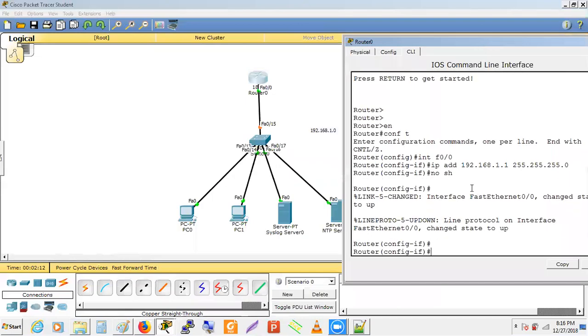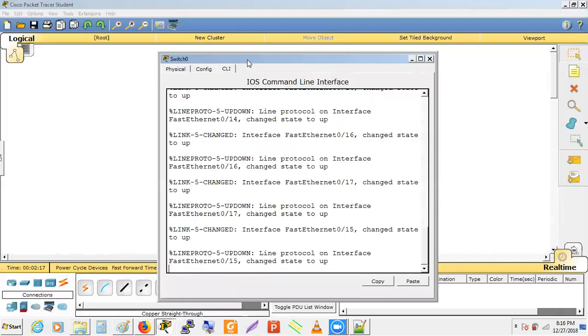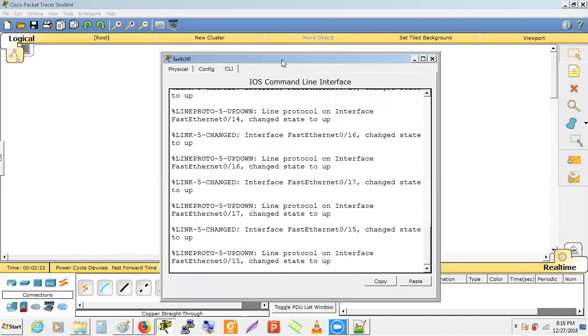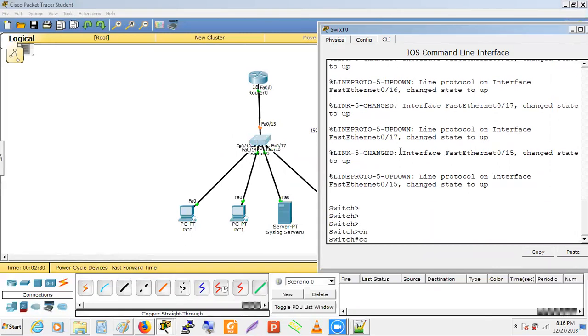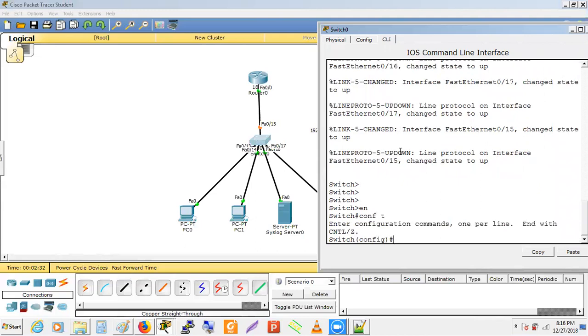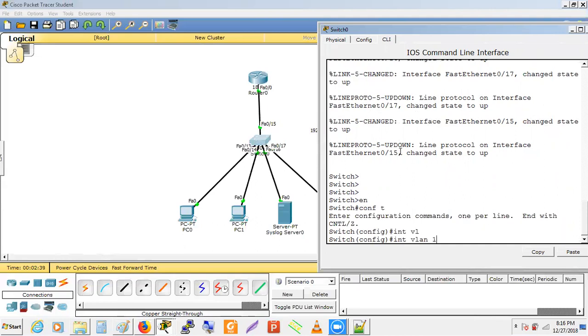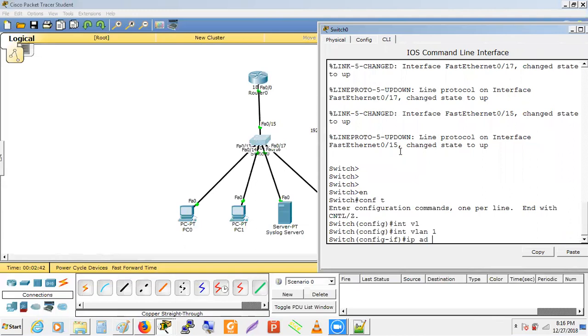So 1.1 IP I gave on the router, and 1.2 IP I want to give on the switch. So how can I give the IP address on this switch? Through VLAN. Through which VLAN? VLAN 1. Right. So what should the syntax be? Interface VLAN, correct. Interface VLAN 1. And then we simply provide the IP address. Yes, so we'll give 1.2 as the IP address